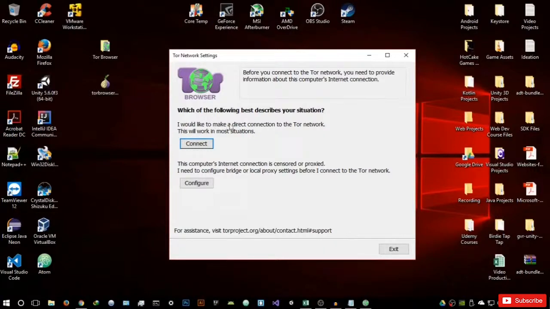I would like to make a direct connection to the Tor network. This will work in most situations. Then, this computer's internet connection is censored or proxied. So basically this is what you would be using, I'm guessing, on a default basis. If you're using this on maybe your office's or your school's computer and the internet connection is proxied through a series of proxies, you can use this one, but we're going to be using the